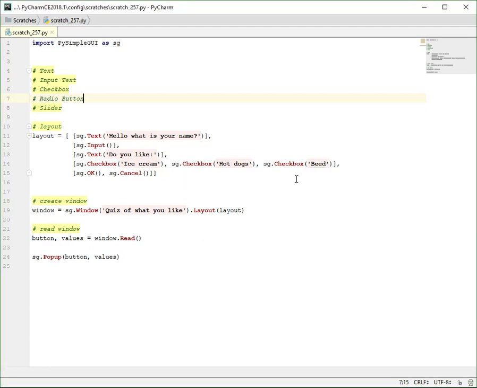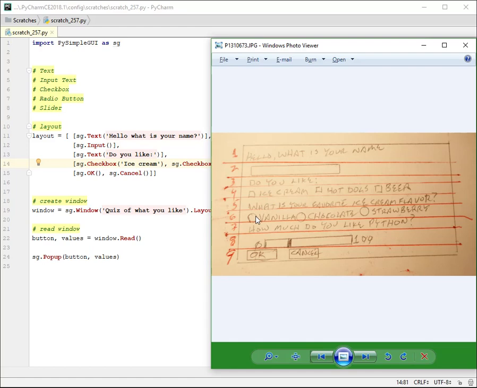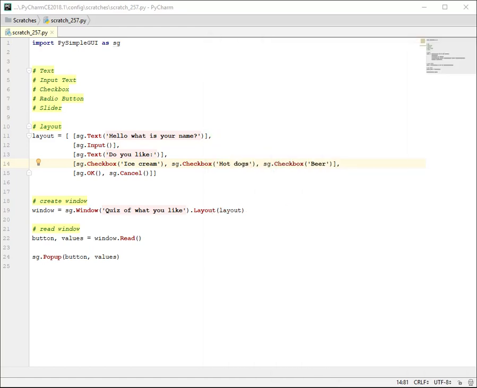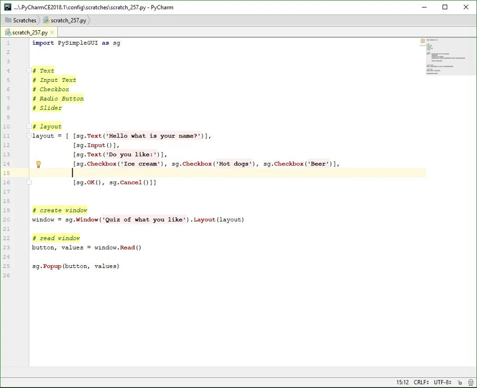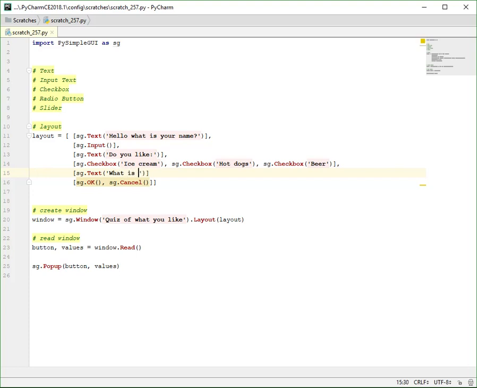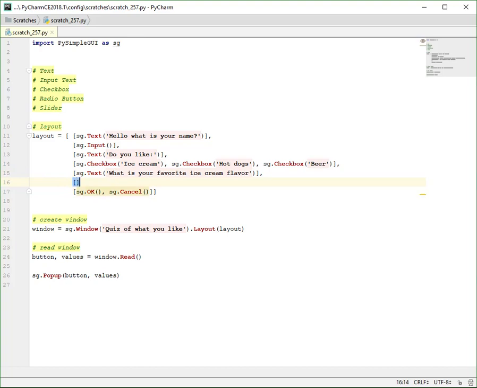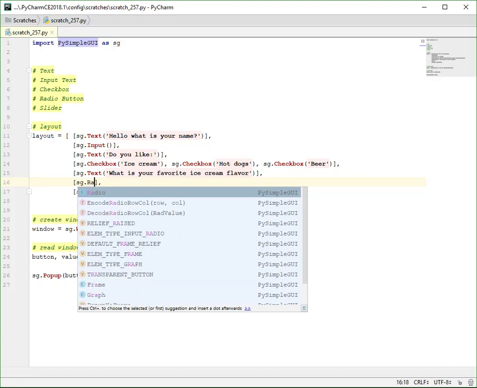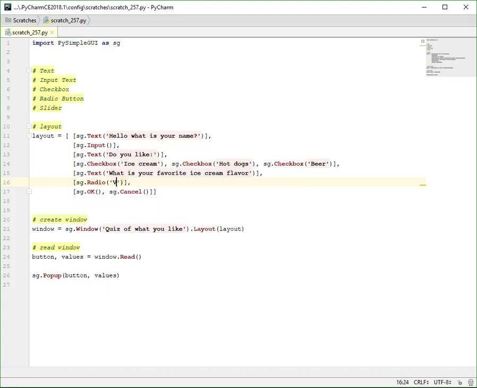So let's go back and add the other elements. There are 2 more types of elements that we're covering. Radio buttons and a slider. So then the next line is text. What is your favorite ice cream flavor? And radio buttons, the way they work is you get one choice out of several. You don't get to have several favorites of ice cream. So we have vanilla,